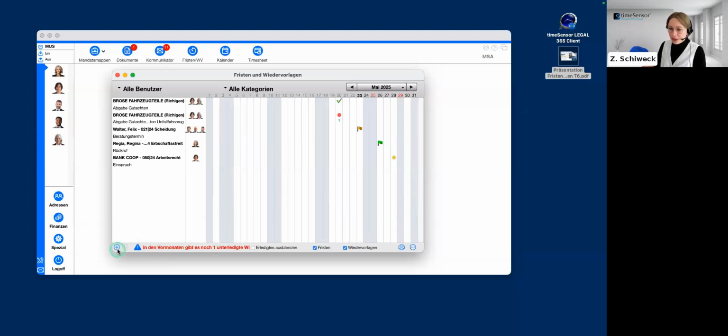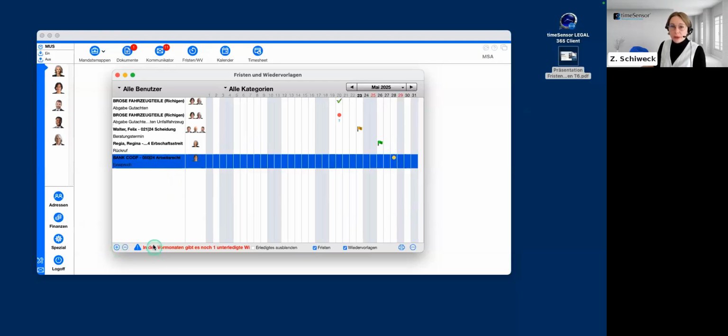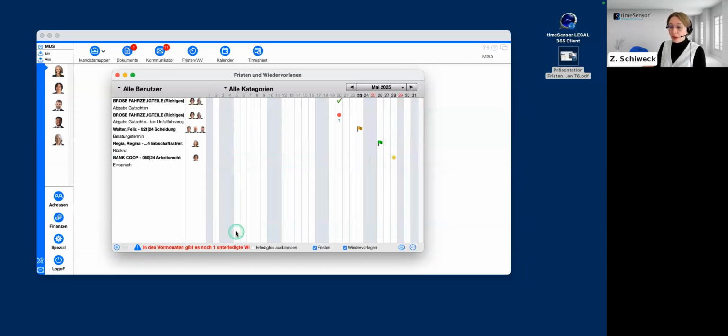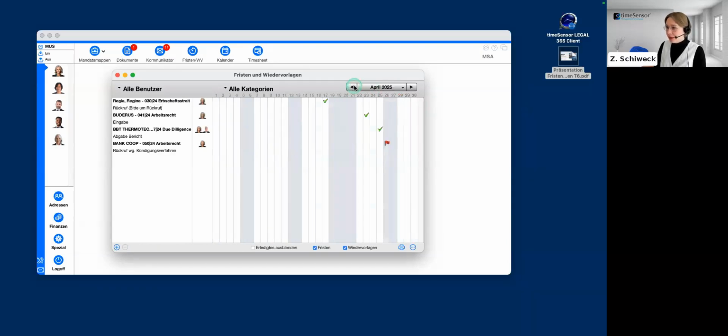Here on the left, we see a small, subtle plus button. We can set a new deadline or follow-up. Of course, we can also use the minus button next to it to delete a selected deadline or follow-up reminder. At the bottom, we see a red notification indicating that there's still an outstanding deadline from previous months. This is relevant for us because it shows that timeSensor Legal 365 alerts us to any pending deadlines and follow-up